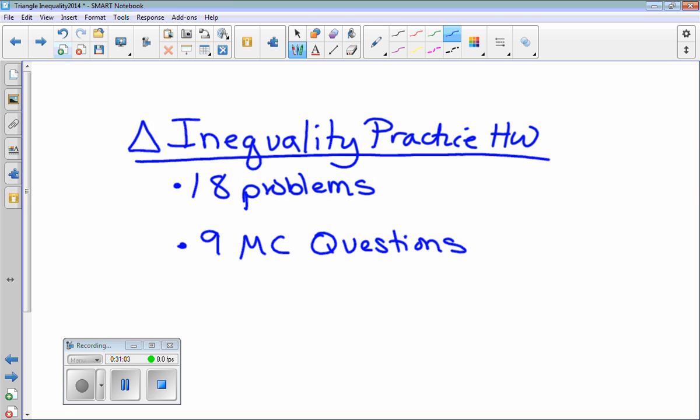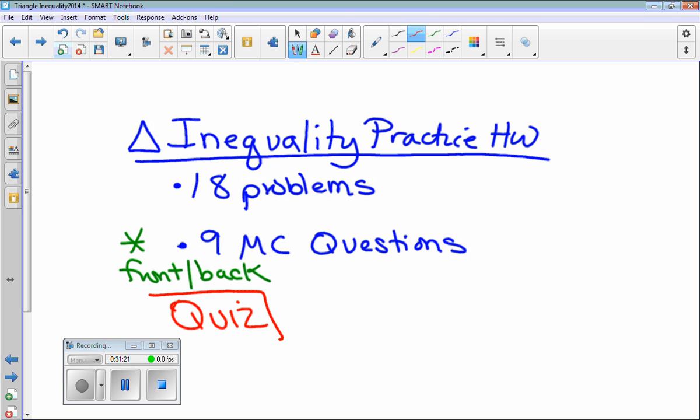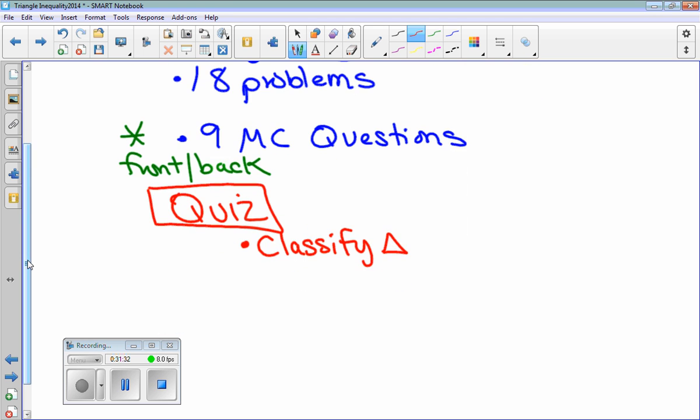Okay? Are we okay? Both pages are due, front and back. Remember, this one is a front and back. It's your next class. You also have a quiz to study. The quiz is not on what we did today. So what is the quiz on? Classifying triangles, both by angles and sides. Can you tell me it's obtuse, acute, right? Scalene, equiangular, equilateral, isosceles. And then you're going to do the exterior angle and interior